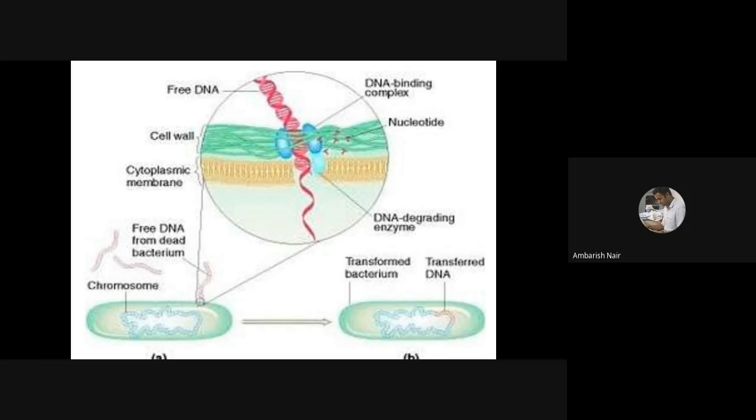Once the single strand is successfully inside the bacteria, that strand may integrate into the genome. Then if the strand is successfully integrated, it may express in the bacteria. Or else, the bacteria is called untransformed. If it is successfully integrated and expressed, we call them a transformed bacteria.